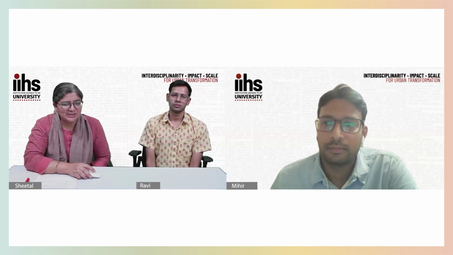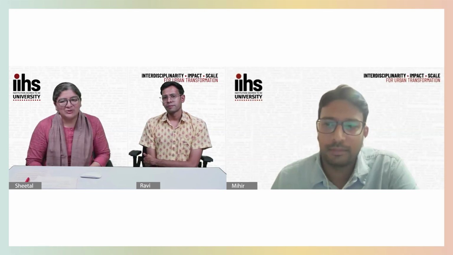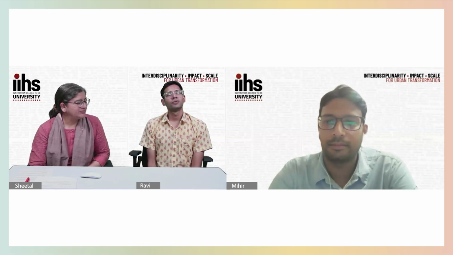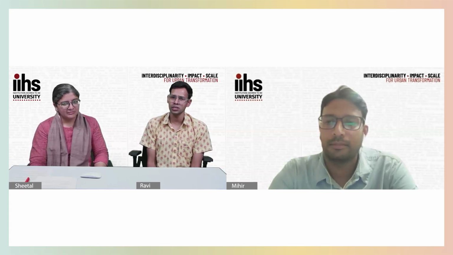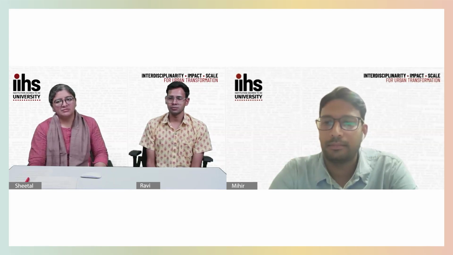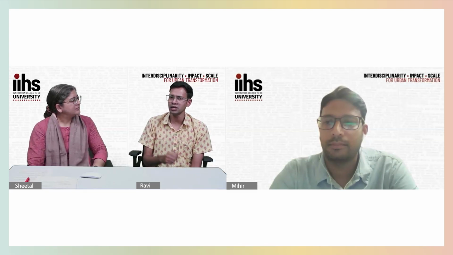Any of you want to take this question? Maybe Ravi, you should take this question because you talked about fragmentation, how the biodiversity could be corrected there. So one way to reduce fragmentation, the classical approach that ecologists or any wildlife biologists will take, is to make corridors. And in cities, these corridors are more important as compared to a forested landscape, because the distance between habitat patches is quite a lot.